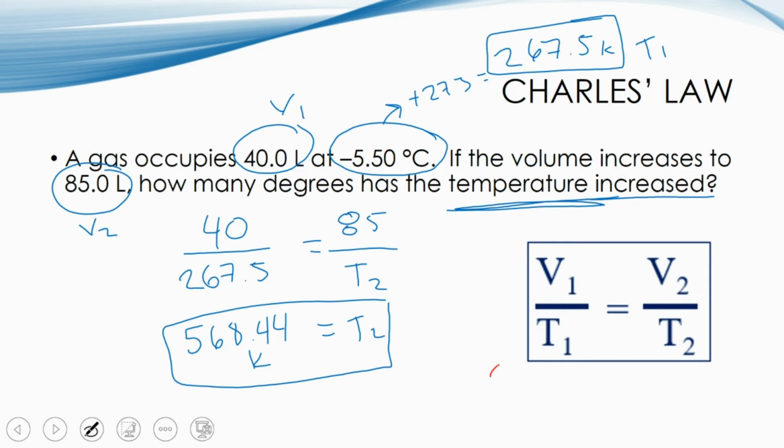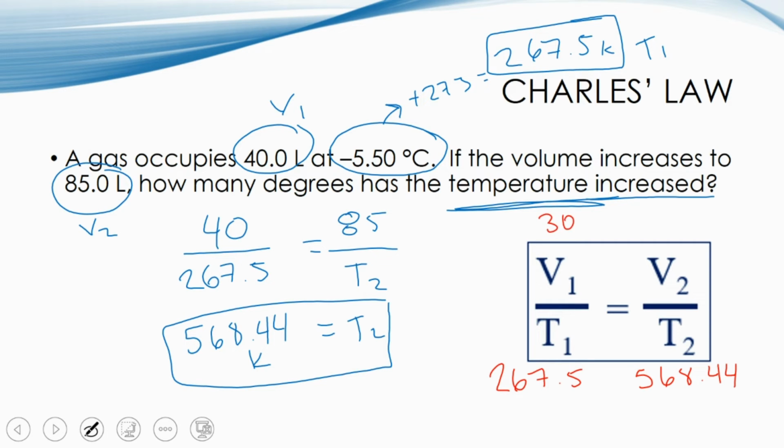The initial one was 267.5. The final one was 568.4. So all we have to do here is to take the difference. So I'm going to do 568.44 minus 267.5. And my answer for this question, because it's asking us for how many more degrees it was increased, came